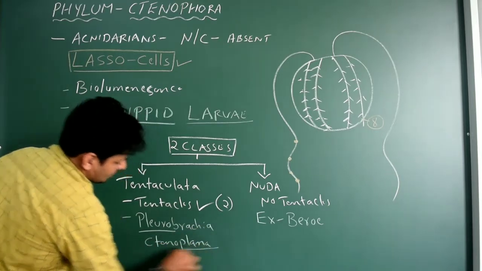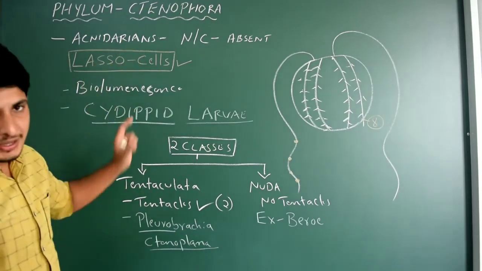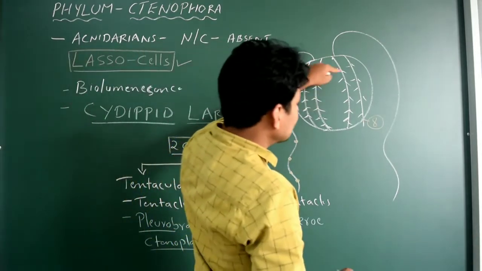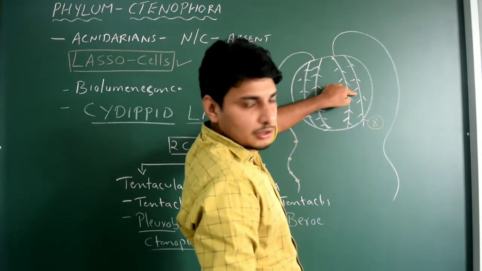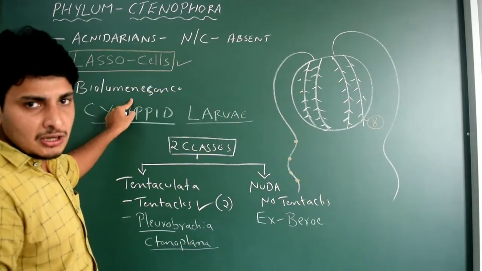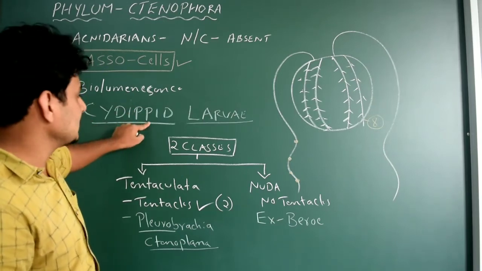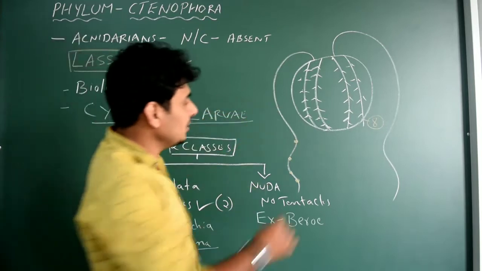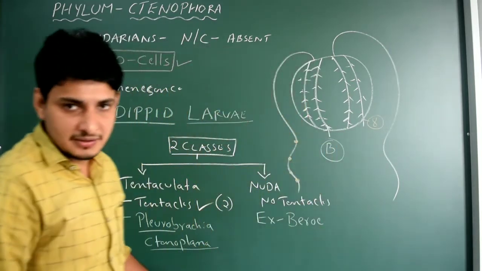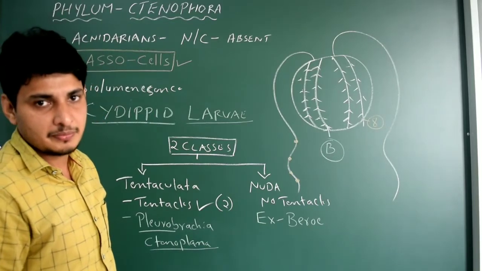Easy. Okay, so that's all about this particular phylum Ctenophora. It's very simple actually. Just remember they have got 8 ciliated comb plates. Got it? And a pair of tentacles with lasso cells, function, offense and defense. The larval stage is called cydippid larvae and they have the ability to emit light, that is called bioluminescence. Done? Okay. Now we'll talk about the next phylum, that is Platyhelminthes.